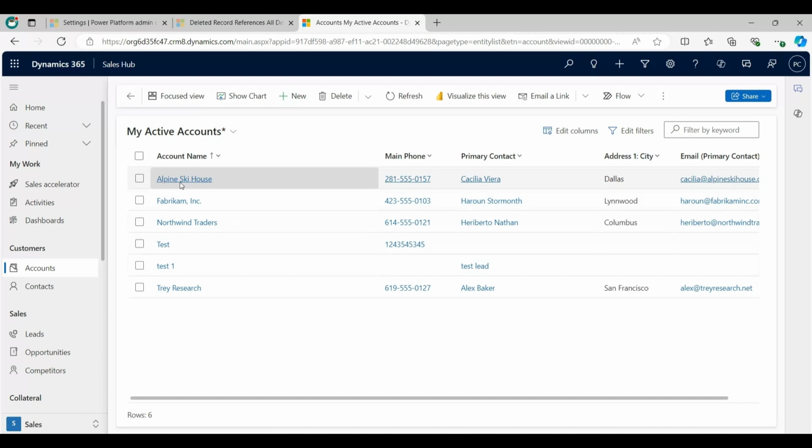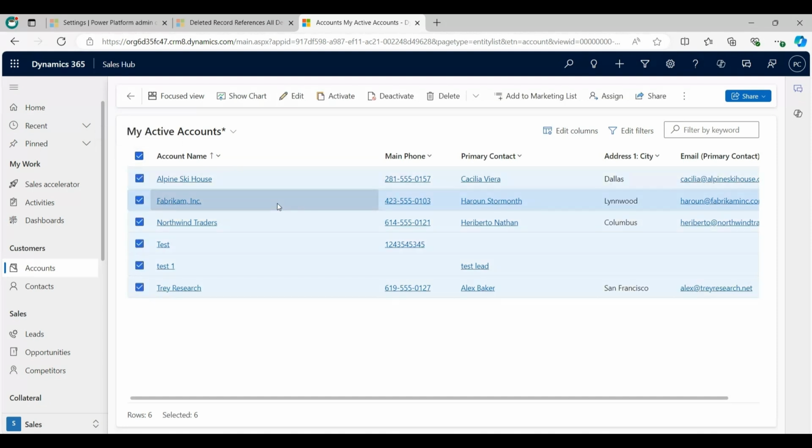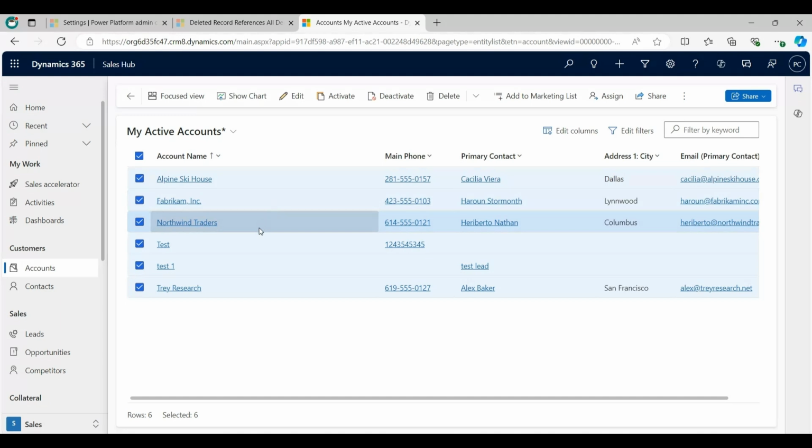And you can also select more records, for example, with infinite scroll available within grids. Now I am selecting all records from here. With infinite scroll available within grids, it's now possible to select up to 1000 records and apply bulk actions to the selection using the command bar.